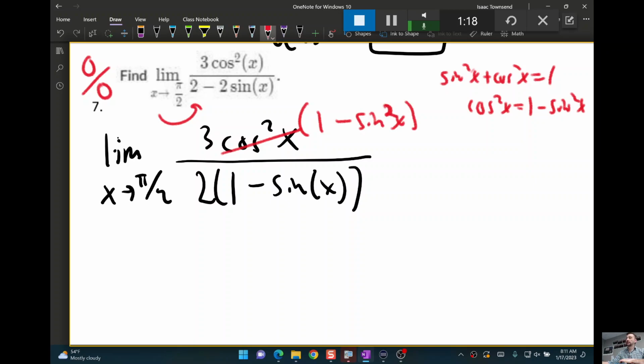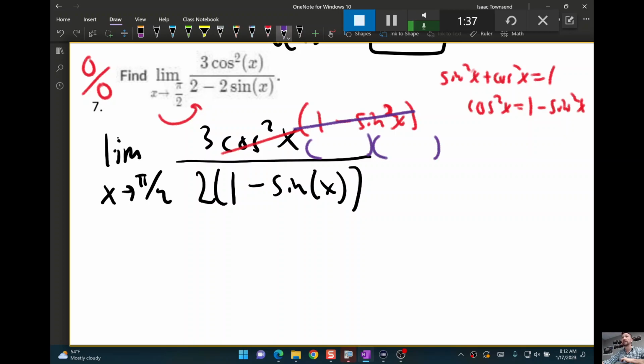Okay, and then again, I know I want something to cancel, and I know these look similar, but they can't cancel out as is. You can't cancel out terms, things being added or subtracted. You can only cancel out factors, things that are being multiplied. So the one extra thing you've got to do, similar to the other one we did, is realize that even